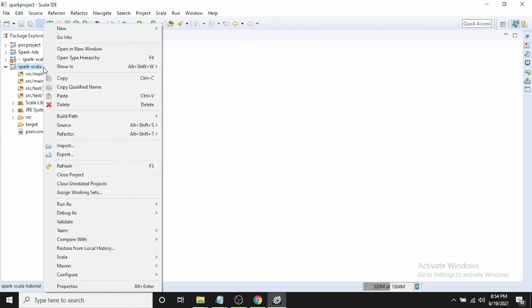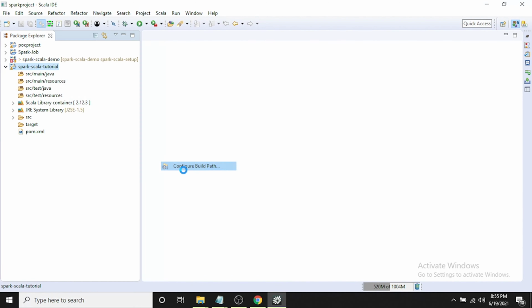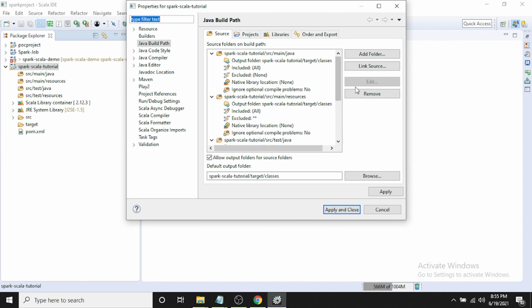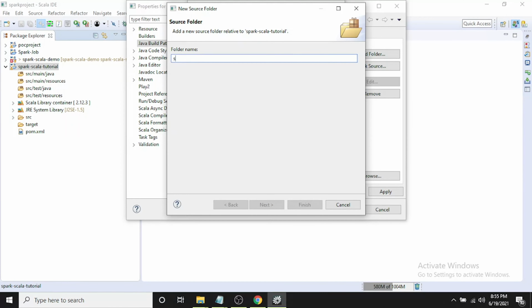For that, right click, go to Build Path, Configure Build Path, then click on Source and Add Folder, click on main, then Create New Folder and write Scala,